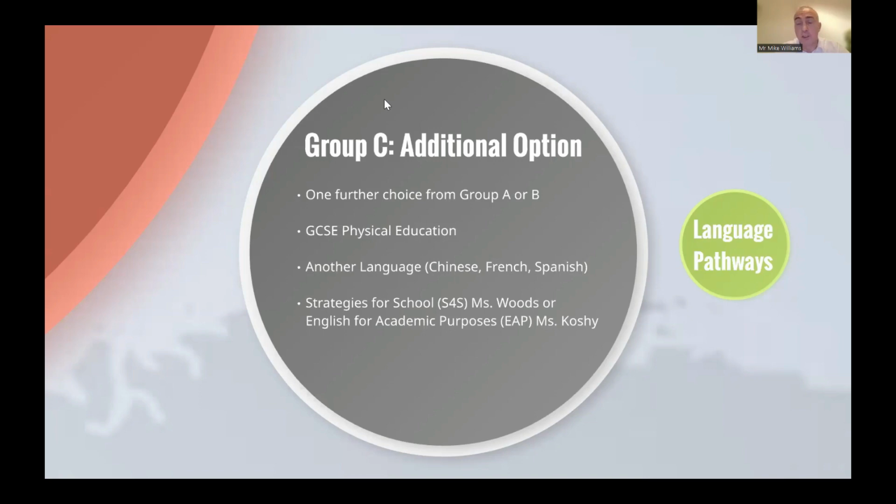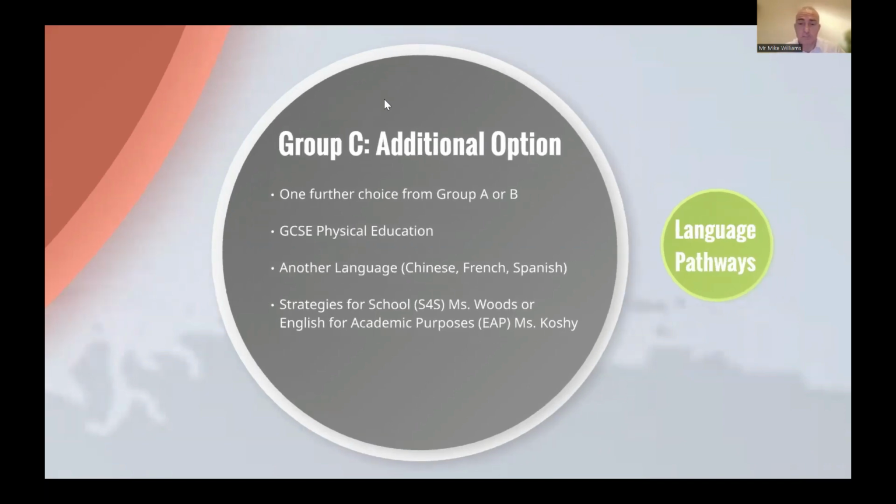So normally students in year 10 just carry on the language they did at year 9. All of our students at West Island study one language in year 9 in NYP. They will carry on that language into year 10. If you want to do another language, a second language, an additional language in Chinese, French or Spanish, a different one than you're actually studying at the moment,